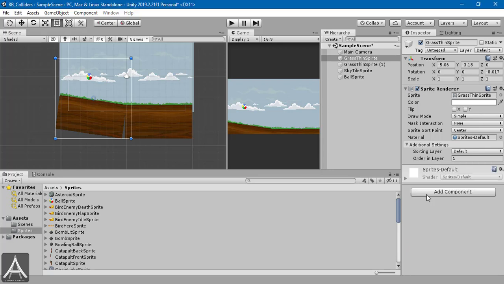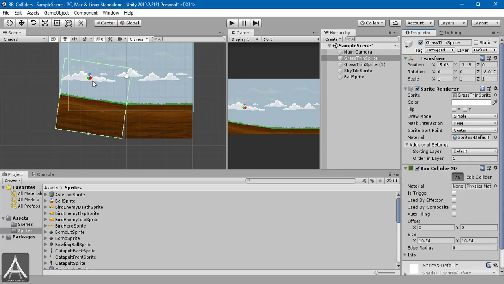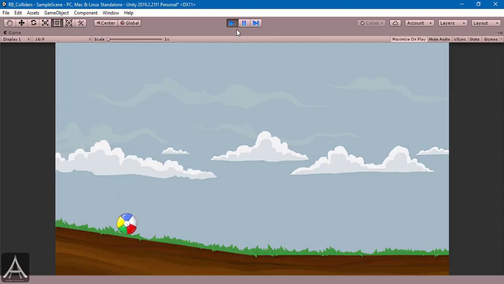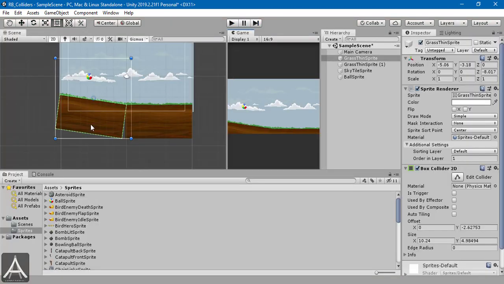So I'm going to select box collider 2D, and you can pretty much edit it as you want. Okay, and it will work for sure. Okay. As you can see, yep, it works beautifully. But what I want to say about this particular area is